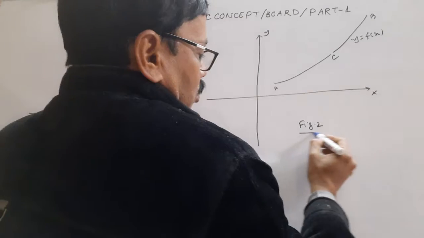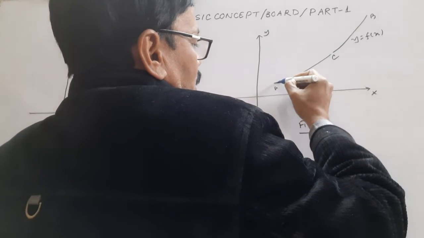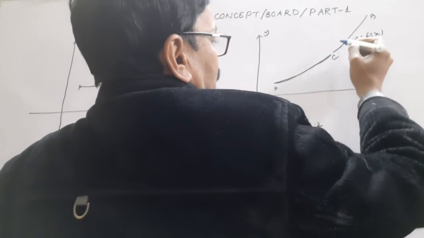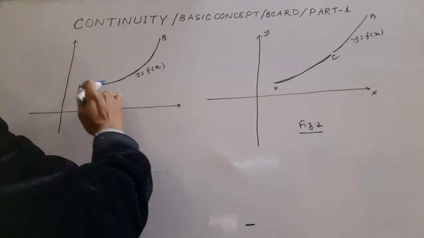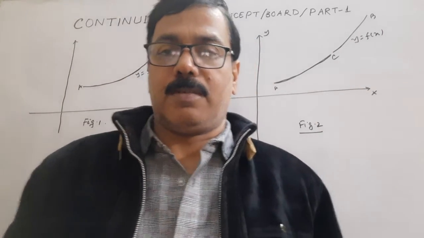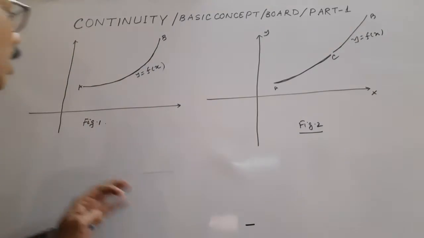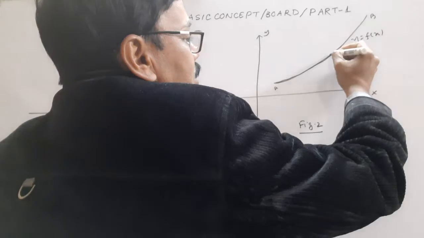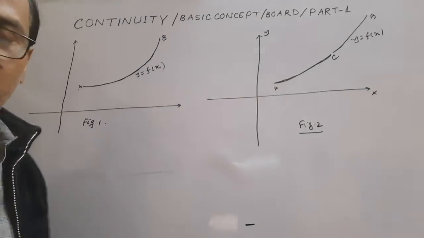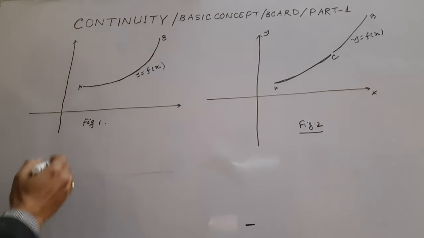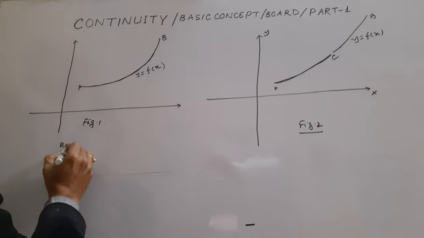In figure 2, look, the curve has a break point at C. If it can be sketched without lifting the pen, then we can say it is continuous. And here it has a break point. So this is the rough definition. So what is the rough definition? Roughly speaking,